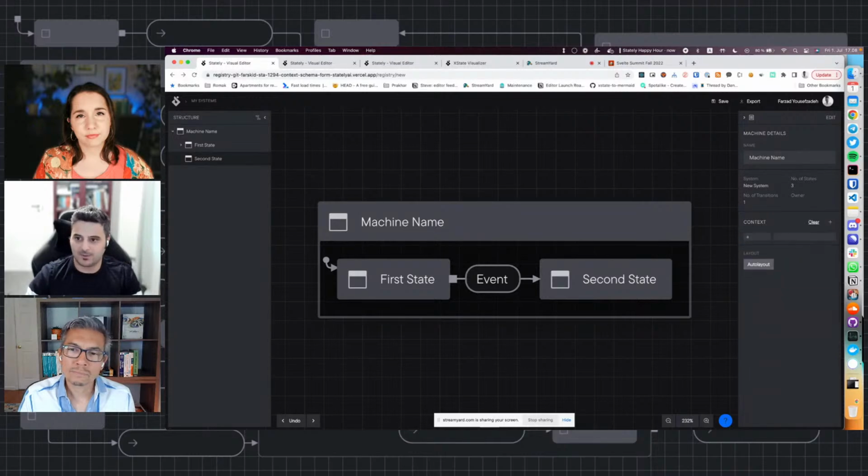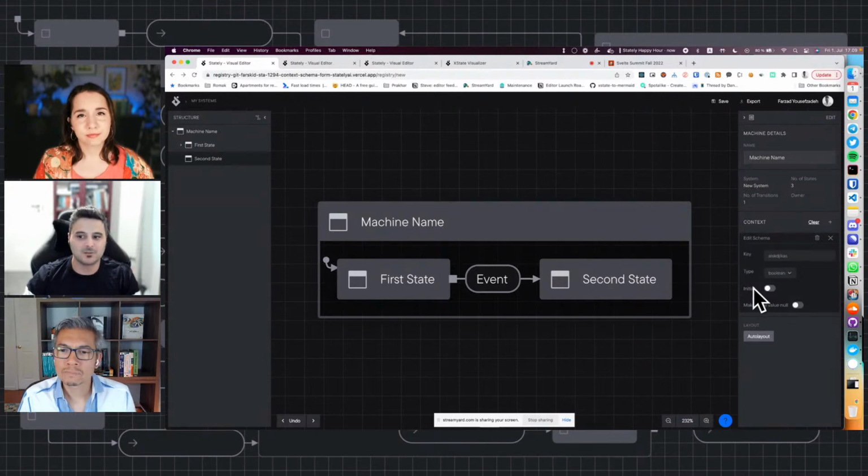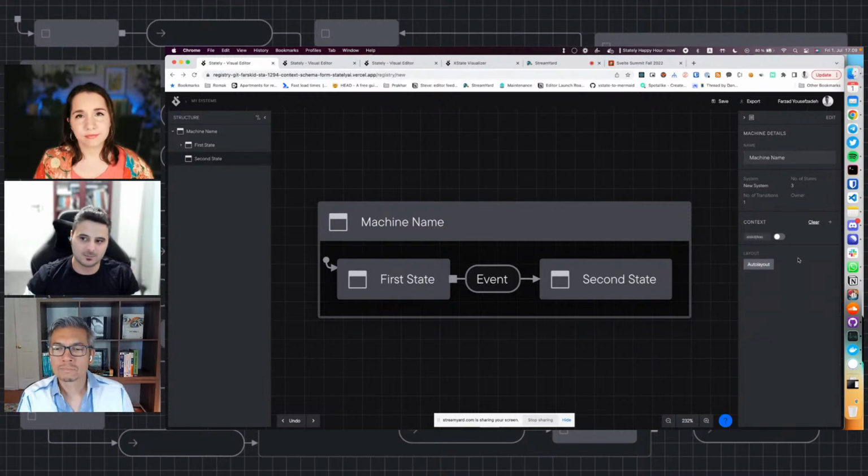So let's say that we have added it here. You would also get a summary view that is a very summarized way of interacting with your context item. So you can just edit the item key as you go on here, and you can add any sort of initial values that you want here. Let's just choose another type here, and you would see the checkbox. So basically, you would get the same type of rendered input here as the initial value in the summary view as well. But this is very primitive right now.